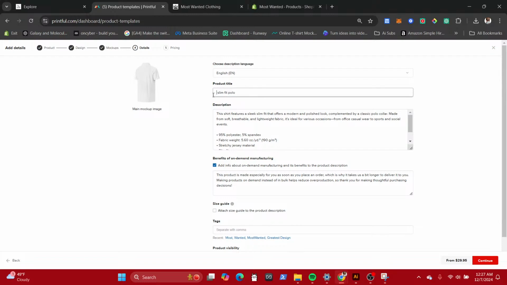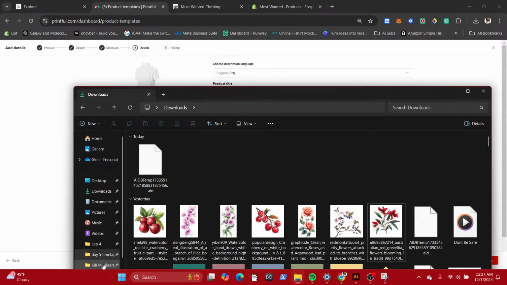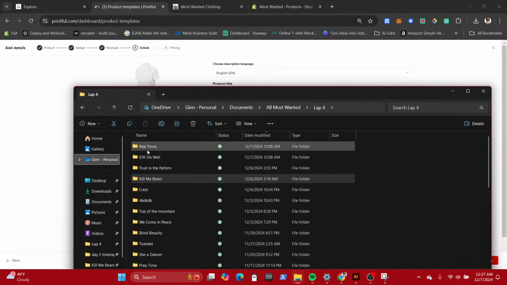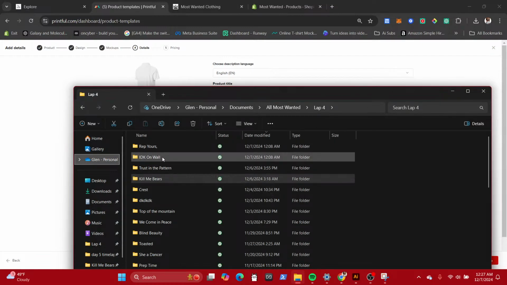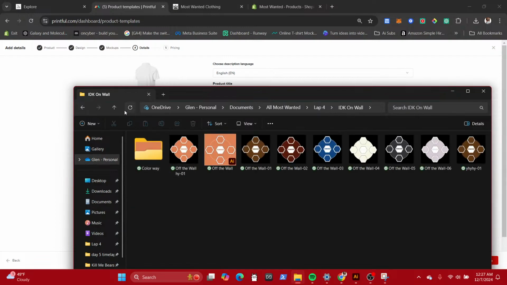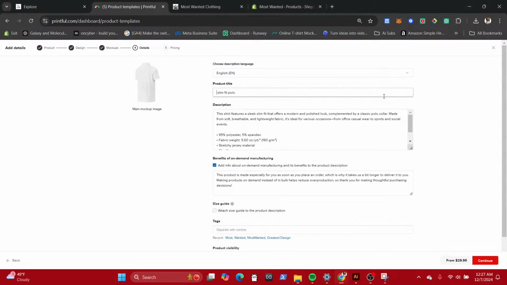Real shit. What do we say we naming these? What was these files named? I named these IDK on the wall. Oh, no, I said off the wall.